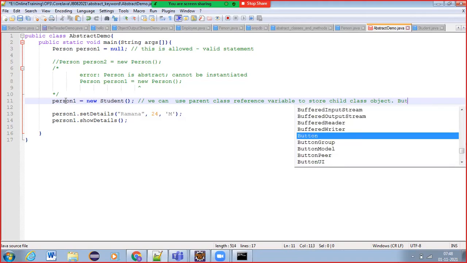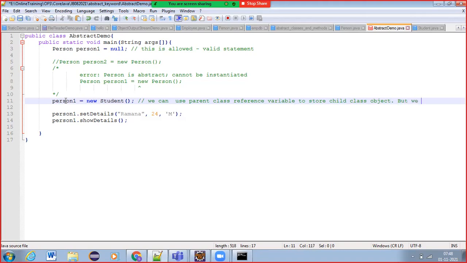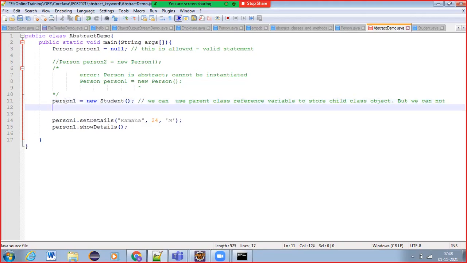But we cannot store a superclass object in a subclass, meaning a child class reference variable. These are very important points, guys. You need to remember.